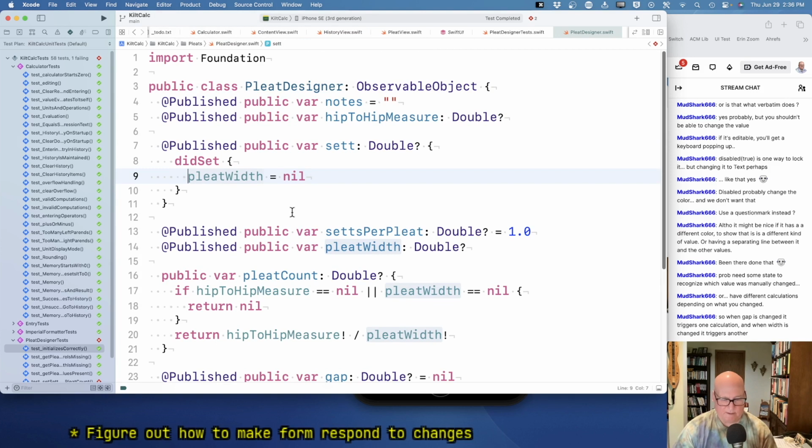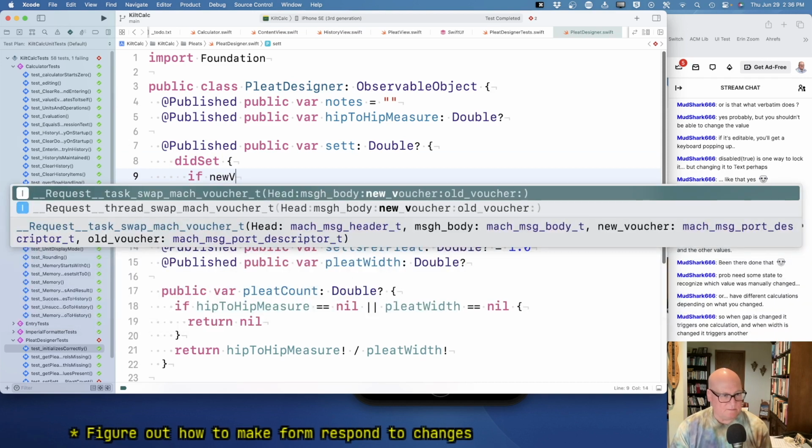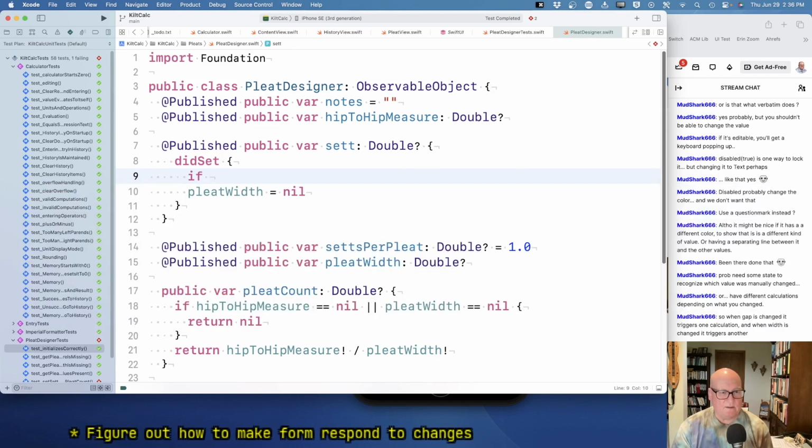Wait, I'm saying, okay, I guess this is if new value. Isn't it newValue? oldValue? No. Okay, if the value is nil, then